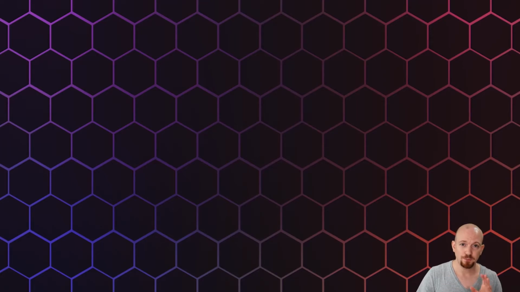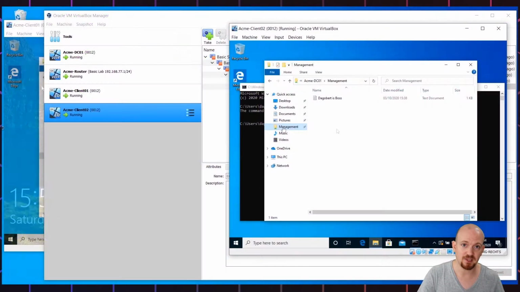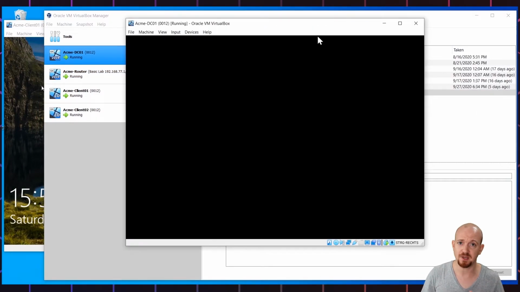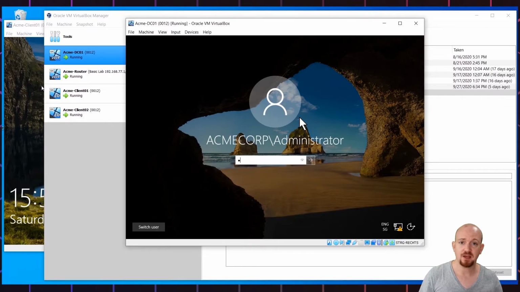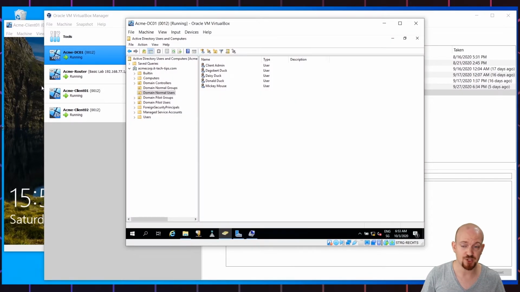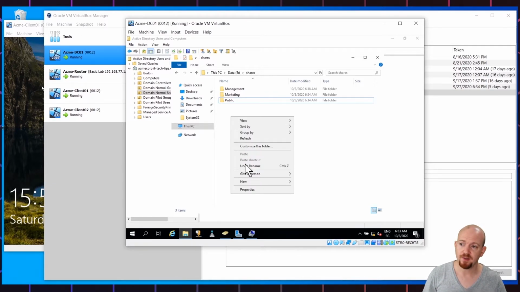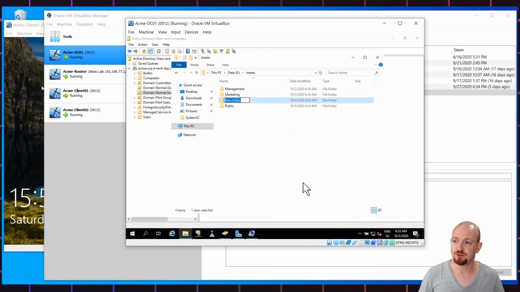To prove that, please go back to the Acme-DC01. You may need to log in again because the session timed out, and go to the place we created our shares in the file system. Now let's create a new share as a showcase for what I've just told you. Create a new folder, call it test share, right click on it and choose security. As we did before, advanced, disable inheritance,